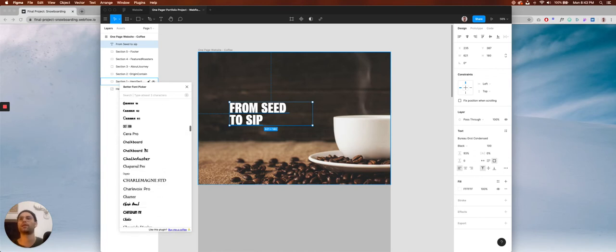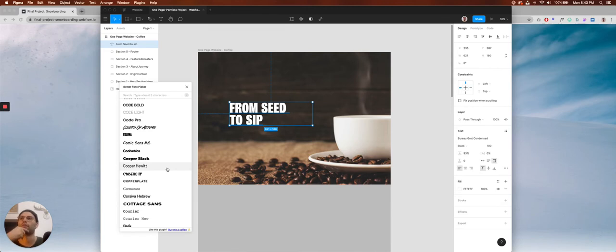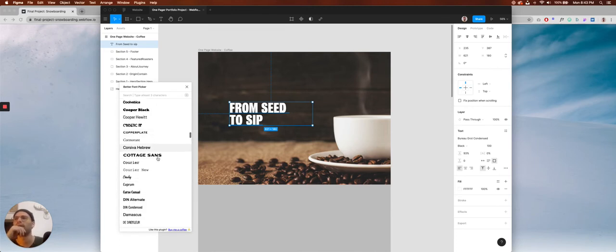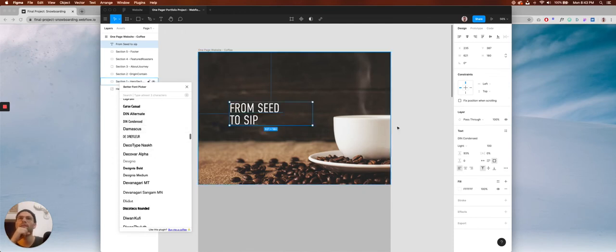choices of other things that'll affect your choices of colors. You got the warm browns, you got the moody browns, you got the creamy whites. Those are all reminiscent of coffee. So because that's the theme of the website, those are all design choices you're going to want to make as you keep going. Now, DIN Condensed is another good